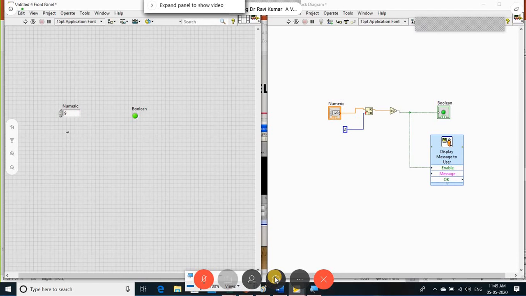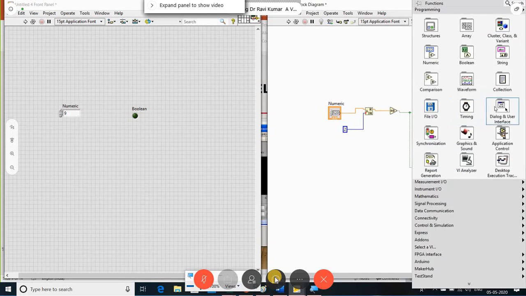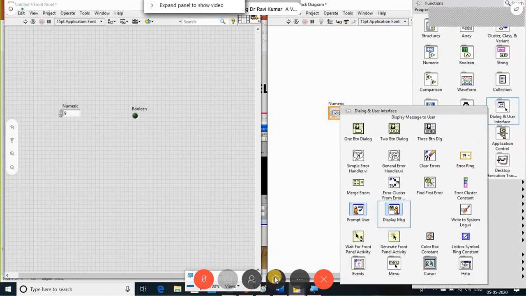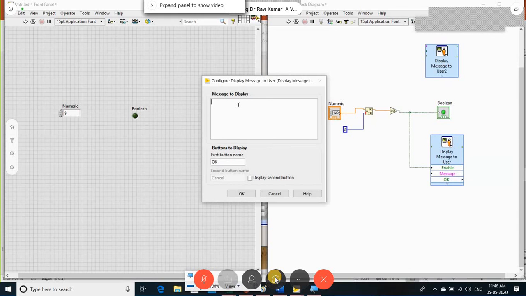I'll change the input value now. I gave the input as 9. I'm going to run this program. It is not enabled because the output I'm getting here is 0. 0 means a disabled value, so it will not be enabled. So for the disabled case also, I need to print or display a message. How am I going to do that? Take one more dialog, place it here. So the number is odd.